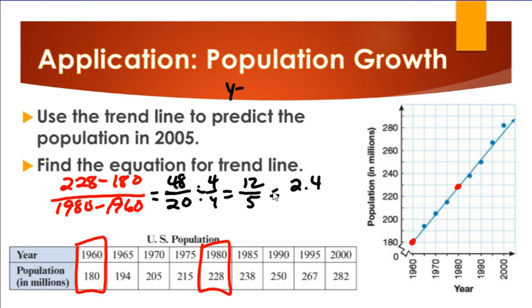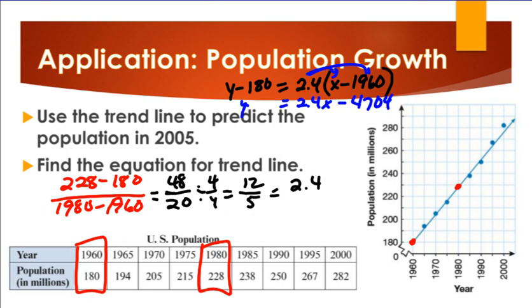So y minus, and we'll just choose a point. We'll choose the 1960 and 180. So y minus 180 equals 2.4 times x minus 1960. So let's distribute the 2.4. So this would be 2.4x minus, so 2.4 times 1960 gives us negative 4,704